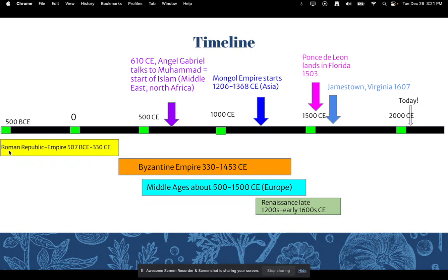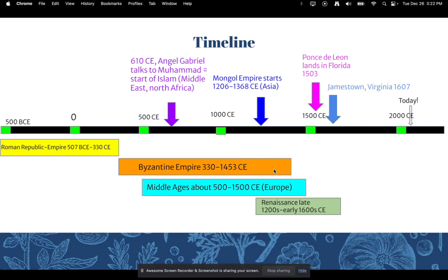So we have here the Roman Republic to the Roman Empire, which ends about right here in 330. That's where the Byzantine Empire starts coming in. In the Middle East and North Africa in 610, we talked about Islam. That's where that's going to begin, about right here in the time period. The Byzantine Empire also overlaps pretty closely with the Middle Ages, which is from about 500 to 1500. And then, of course, you will see down here that the Renaissance, our next unit that we'll start off semester 2 with, overlaps with the Middle Ages as well. And you can see here the Mongol Empire. When we talked about Genghis Khan a few units ago, that would be right here.